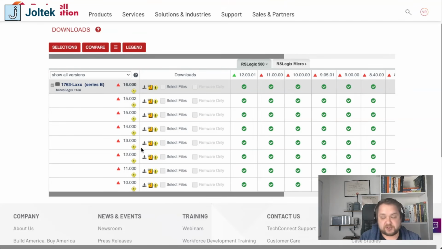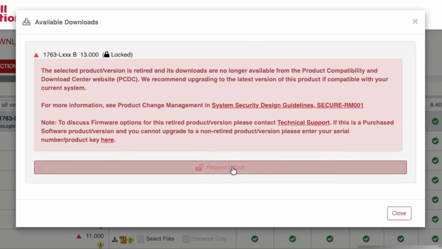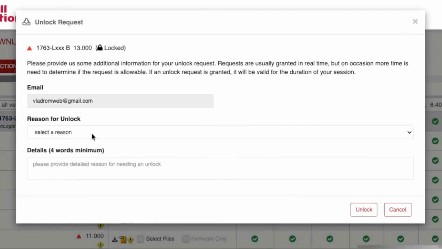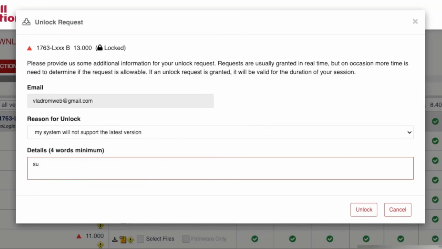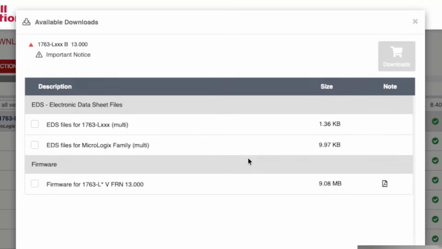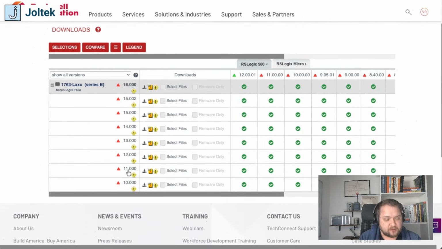11.000, and just so you're familiar with the process, since these are obsolete software packages, what you will often encounter if you click on select files, you will need to request unlock. You can select my system will not support the latest version and support for existing old system, and press on unlock. You will notice that this specific version, which is 13.000, does not contain the files that we need. And so, as I have mentioned, we're going to look for this version